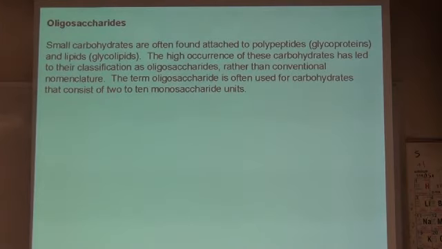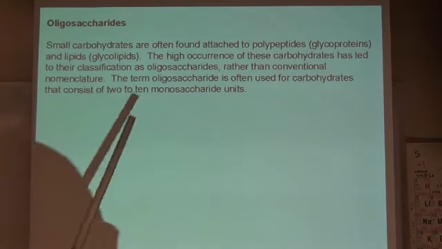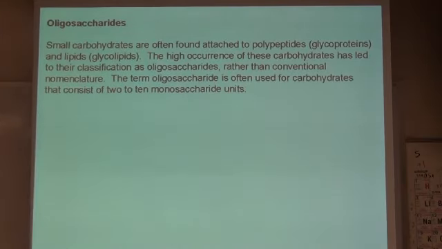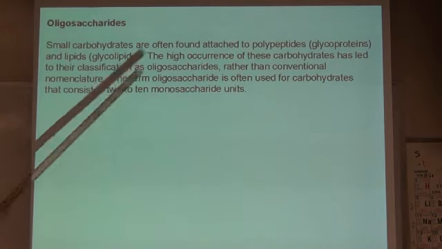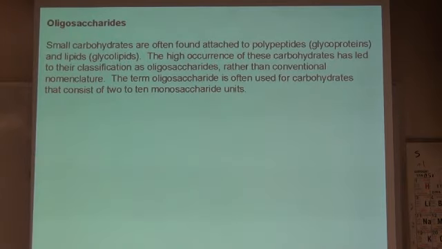Oligosaccharides, I just want to say something real quick about them. They're just tiny carbohydrate segments. You say monosaccharide, disaccharide, trisaccharide, tetrasaccharide, no, you don't say that. Generally, when you see something anywhere between, I've seen books say 2 to 10, but 3 to 12, 3 to 8, they're just small